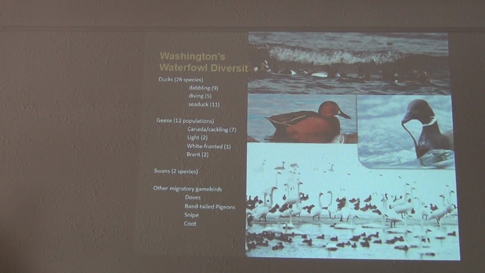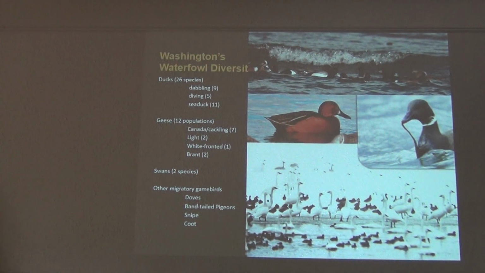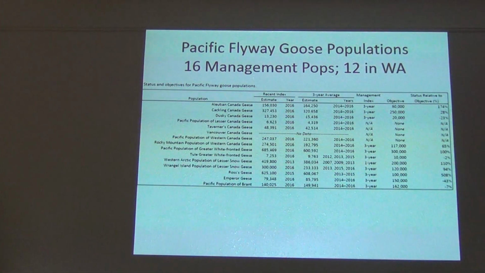And here in Washington, it gets very interesting because we really are a nexus point for the breeding grounds, the wintering grounds, and birds passing through. While we serve important roles in both breeding and wintering, we have other species such as sea ducks and a lot of geese that are passing through, and particularly two species of swans that are also very reliant on this region. So my position is focused on coordinating activities related to all of those. But in terms of the geese,